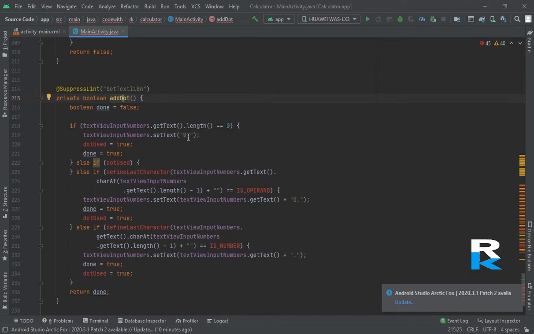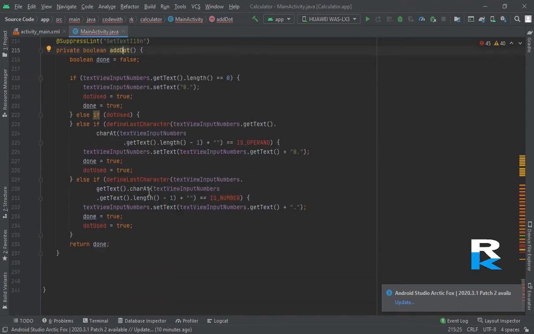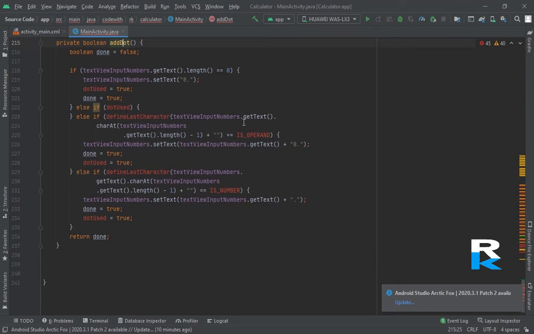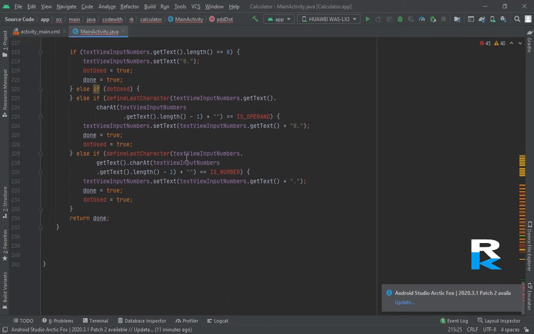Now here, it should check the last entered button; if that is an operand, it should enter the 0 point value, not only the point. If the last character is a number, it should directly enter the dot. Fine, dot. Now the next method.